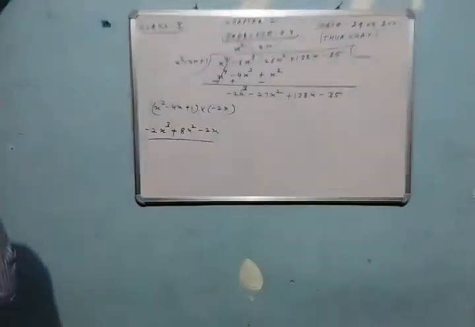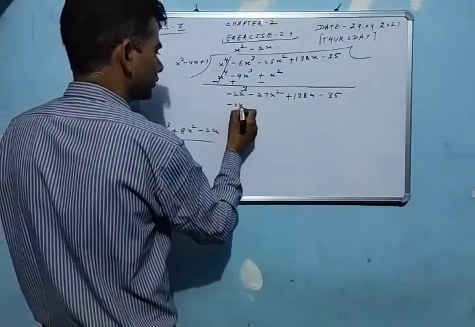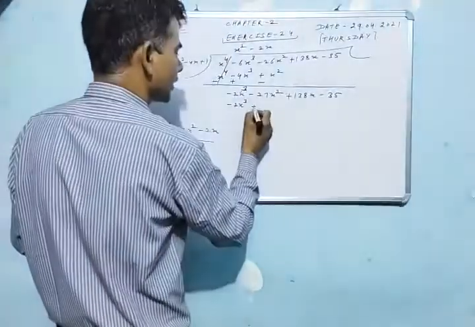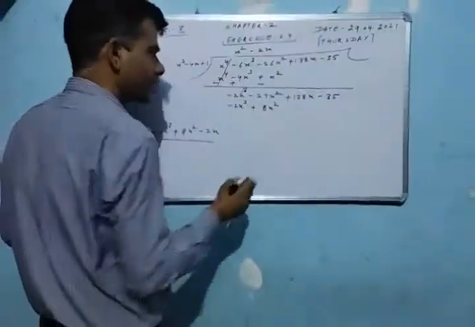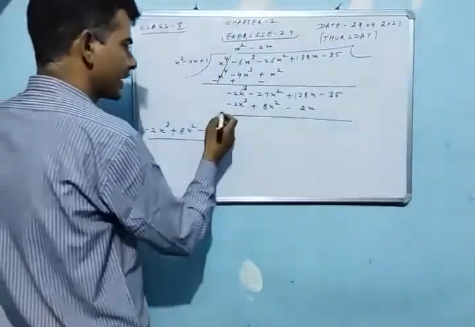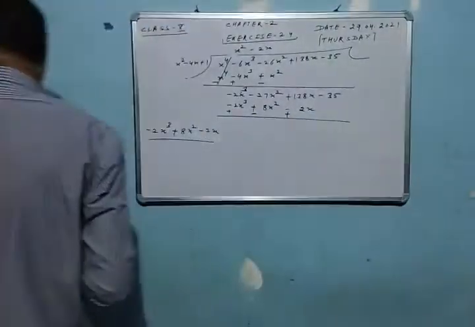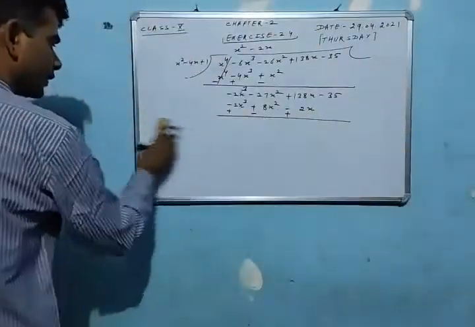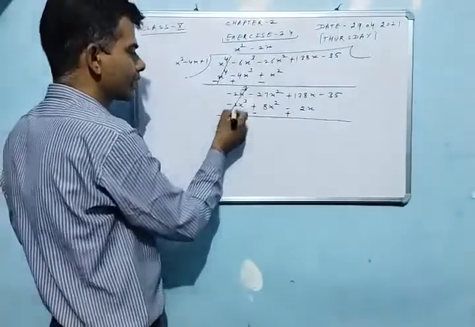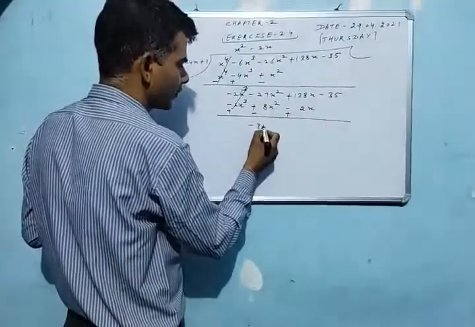Now student, it will be minus 2x cube plus 8x square minus 2x. Now student, sign will be changed, minus sign change into plus sign, plus sign change into minus sign. Now students, minus 2x cube plus 2x cube cancel out, minus 27x square minus 8x square, that is minus 35x